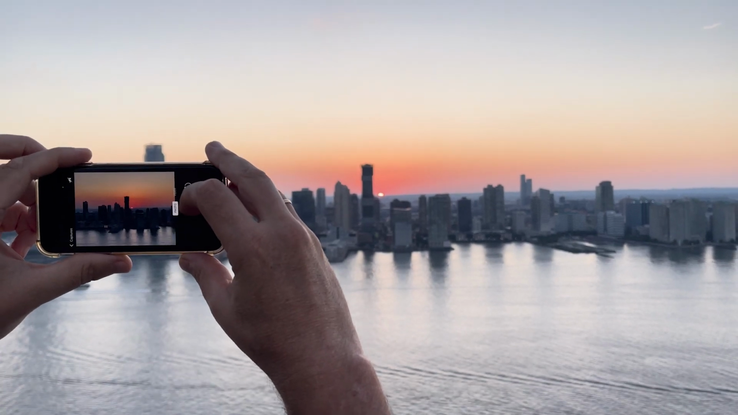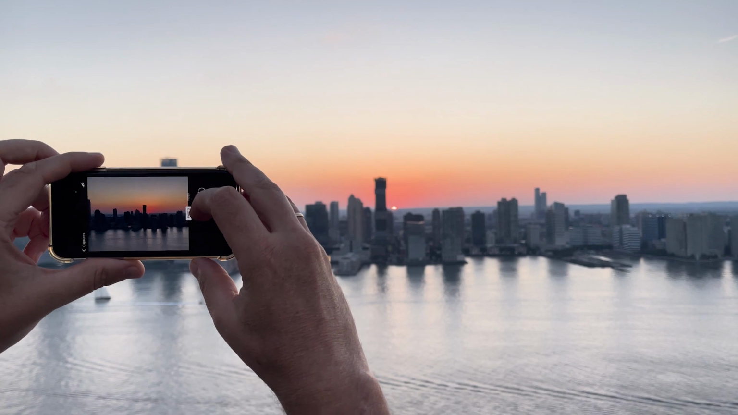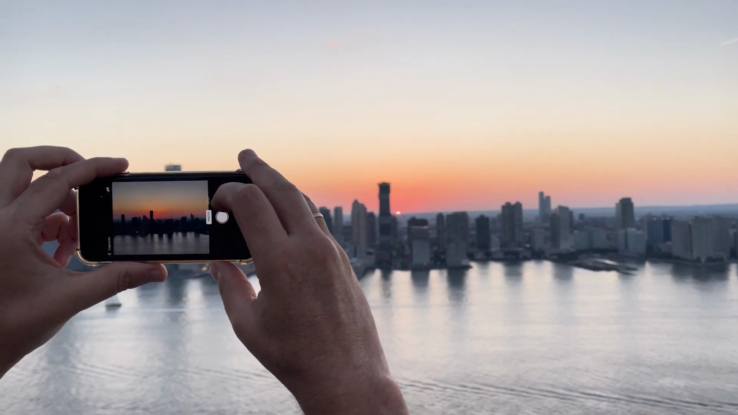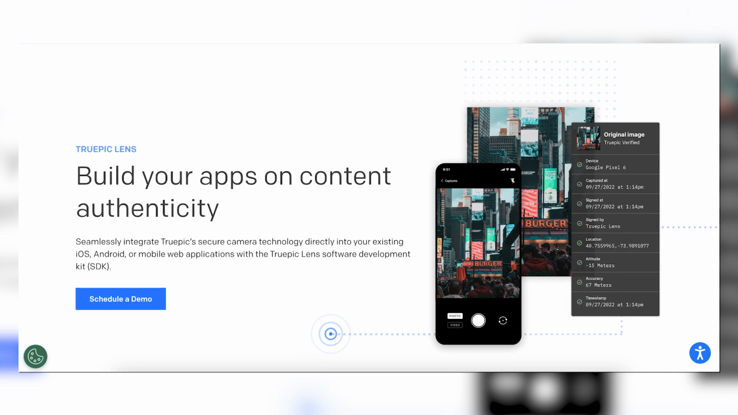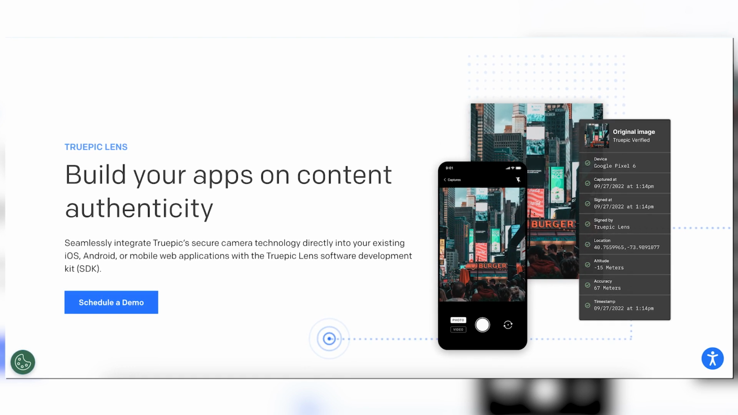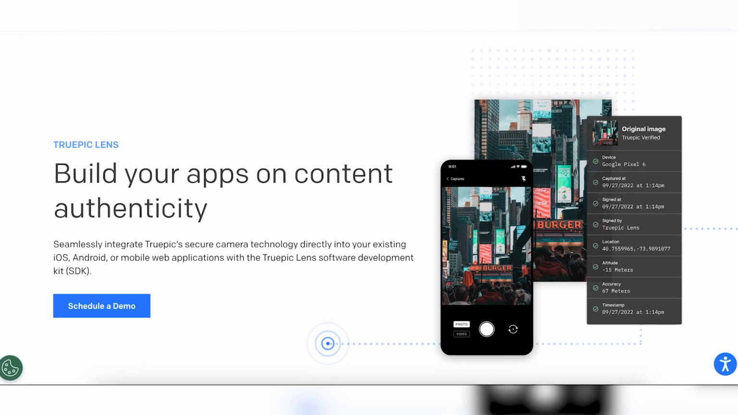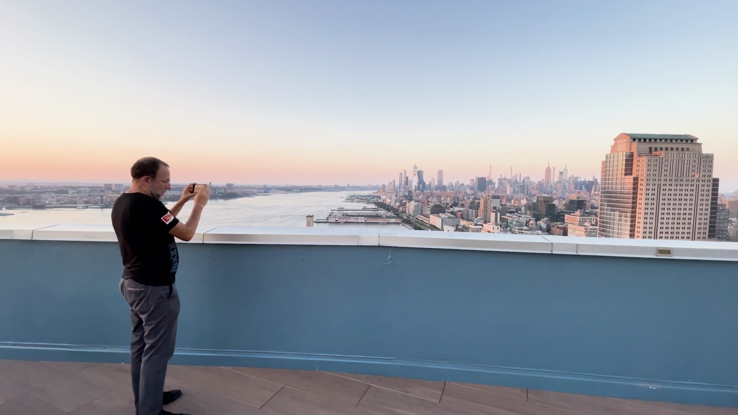Let's take a provenance journey from capture to edit to display using secure technologies aligning to the C2PA open standard. We begin our journey with Truepic's Lens SDK, a secure software to capture authentic images and videos. From the moment of creation, images are cryptographically sealed with the C2PA open standard, ensuring that provenance data is embedded